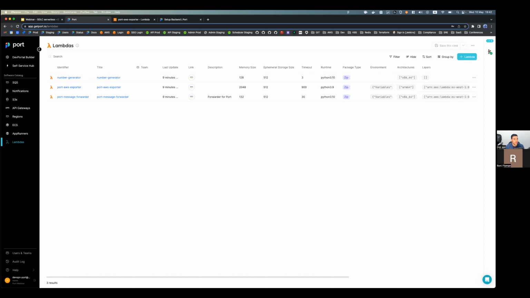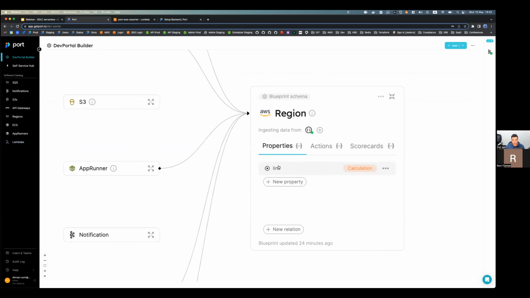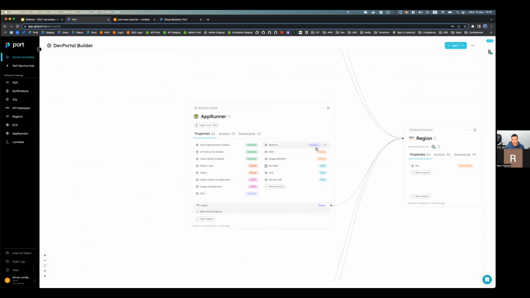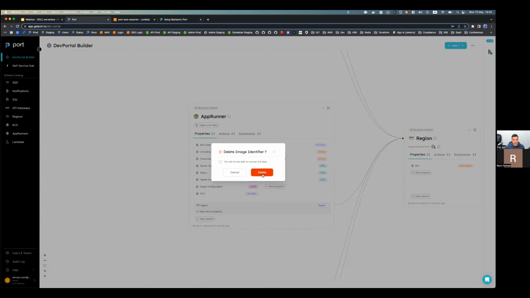And also, Arthur asks, do all of the elements of the blueprint need to be displayed, and can we structure them? So as I said before, a blueprint is completely customizable by you, and you can choose to add or remove properties as you see fit. So for example, if the AWS template brings you the app runner blueprint and you don't care about the image identifier for some reason, you can just delete that and you stray away a bit from the default template. But that is your choice, and you're free to do that if you don't want to see that information inside